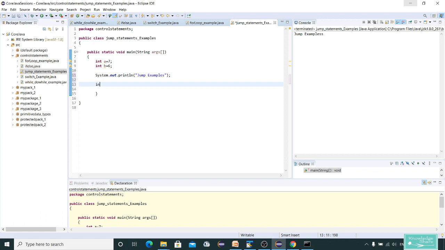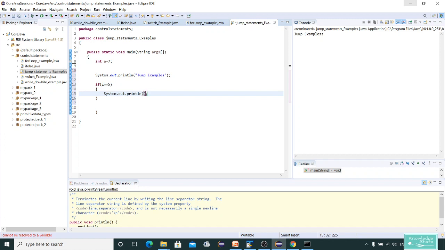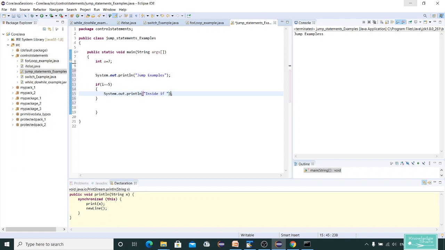I already have int a equal to 7. Now let me write a condition here. I'll say if a equal to 5, system.out.println inside the if, and here I'll call break.